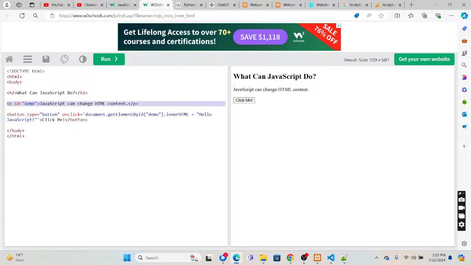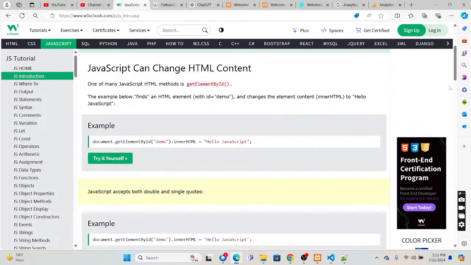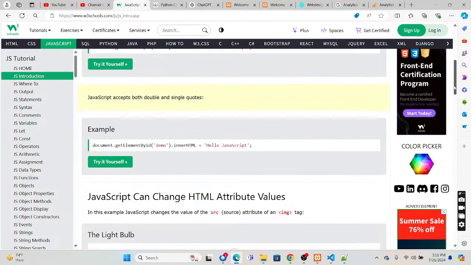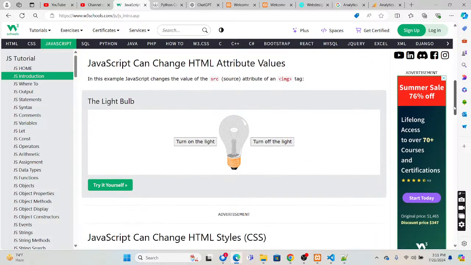Demo is the id of this particular paragraph, and then Hello JavaScript. So if you click, it will change to Hello JavaScript. Okay, so you can do dynamic programming in a browser with JavaScript, right? Document.getElementById.